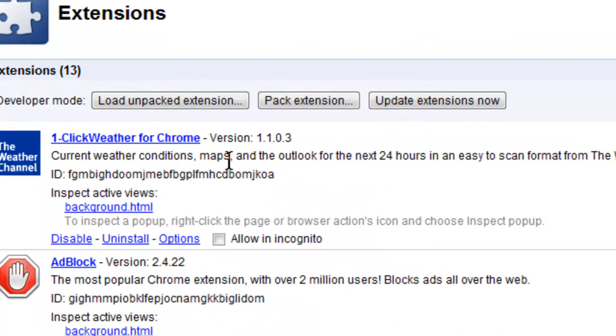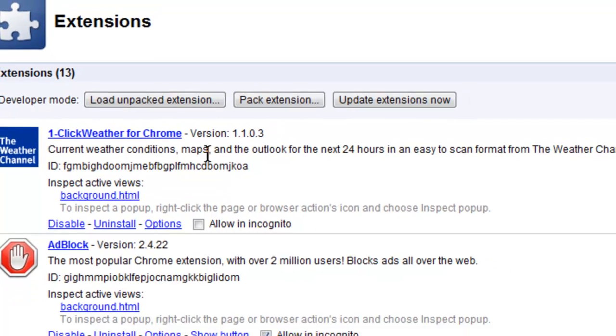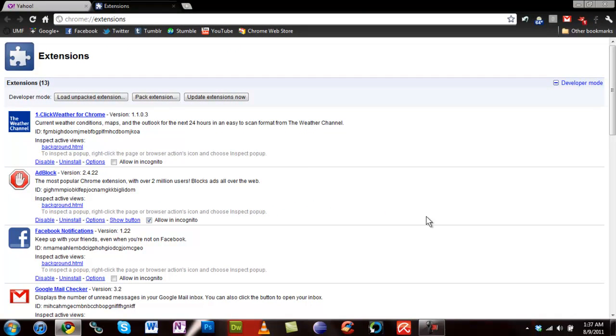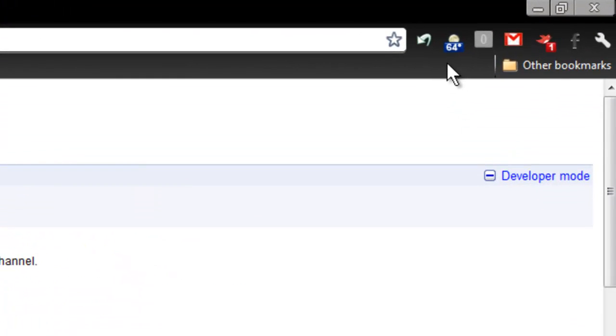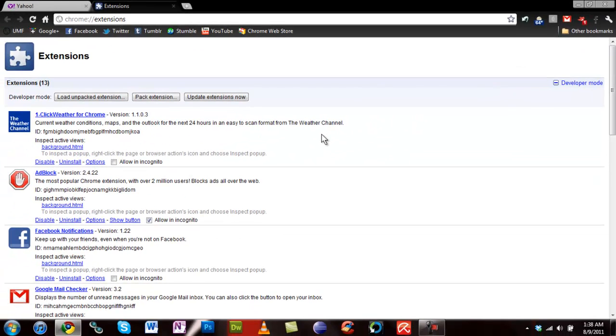Now what this does is, based on your area code, it will generate the temperature of your local area. So if you're in some area and you happen to have your area code, then you just go over, type it in, and then there's your weather right up there. Really useful, and it also has a couple other features where you can actually go over and check the next day right on